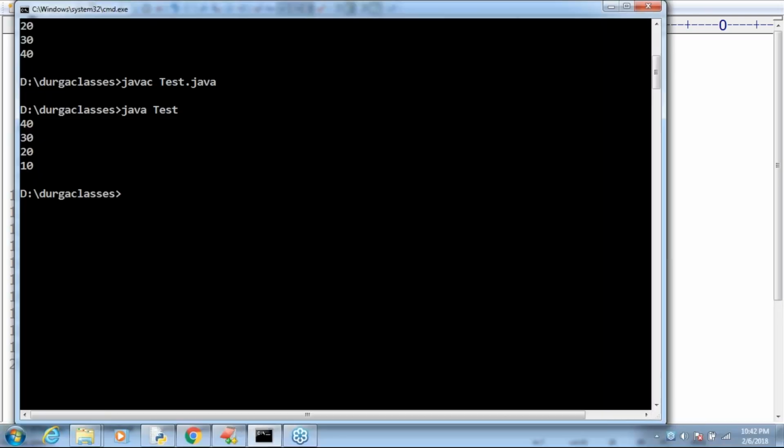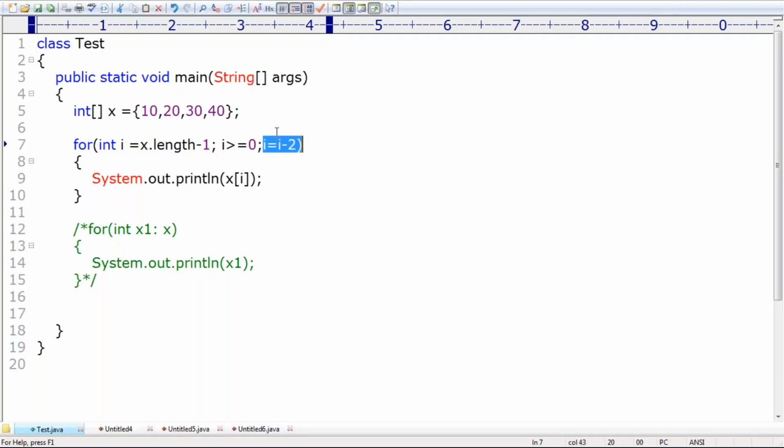Can you please let me cross check? What is the output by default we are going to get? 40 and 20 only. Every alternative value by default I'm getting, sir. Can you please tell, by using for each loop, is it possible to print